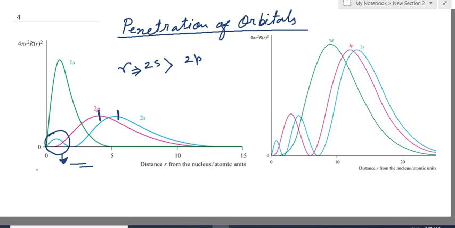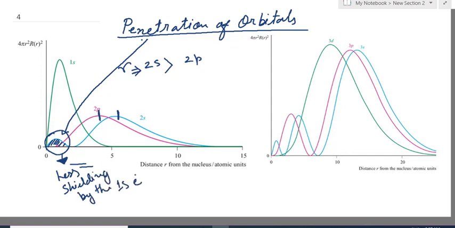That means it gets into the region where the shielding by the 1s electron is less effective. In contrast, most of the probability in the radial distribution function of the 2p orbital lies outside the radial distribution function of the 1s orbital. Consequently, all of the p orbital is shielded from the nuclear charge by the 1s orbital. The 2s orbital, as it experiences more of the nuclear charge due to its greater penetration, is lower in energy than the 2p orbital. This explains why the third electron in the case of lithium goes to the 2s orbital